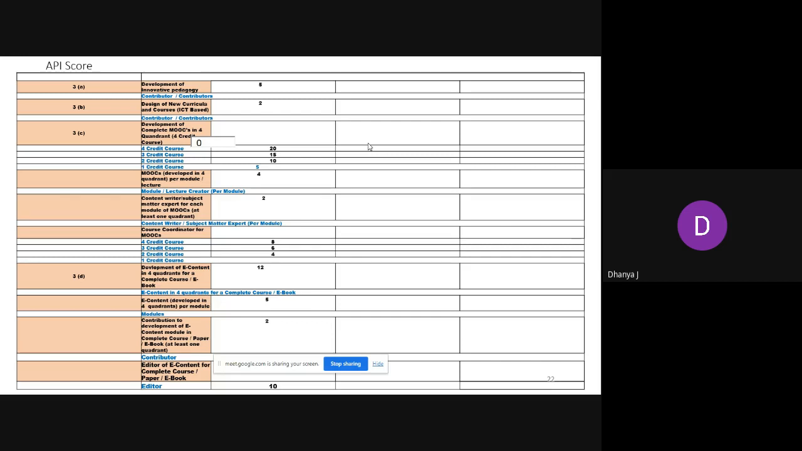So, if you are adopting any one of the techniques of pedagogy approach or teaching method that I already discussed, there are advantages for teachers which will come in the APA score. You know the importance of the APA score in your professional life. So, if you look at the APA form, that is a